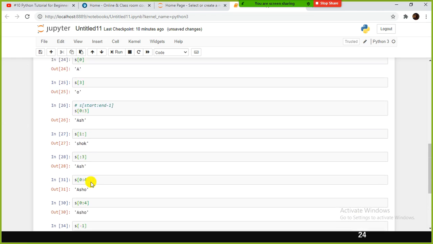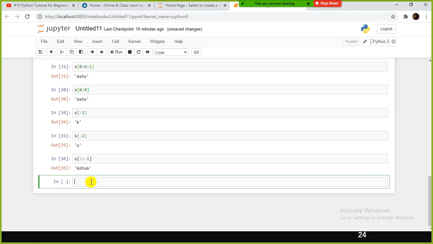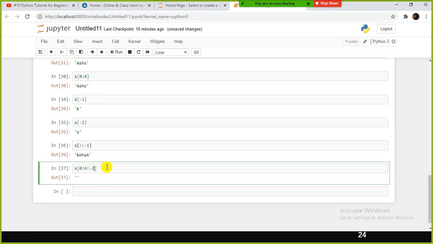And here I used something like this. For example, if I use, let me do one thing. If I use this, nothing is coming here, right? If I use -1, also not coming. So what is happening here?